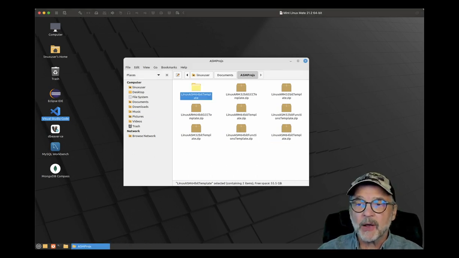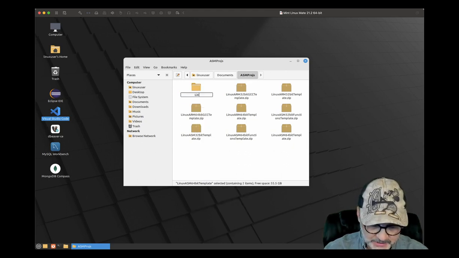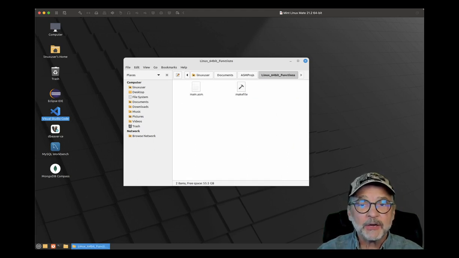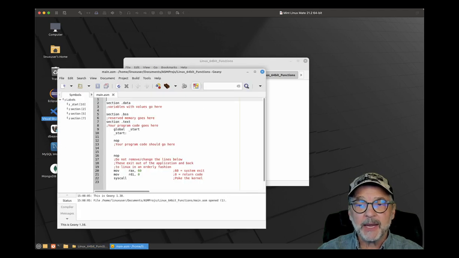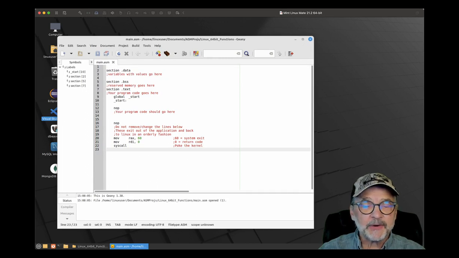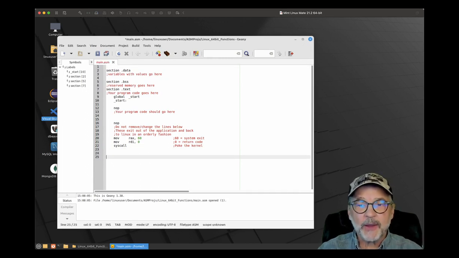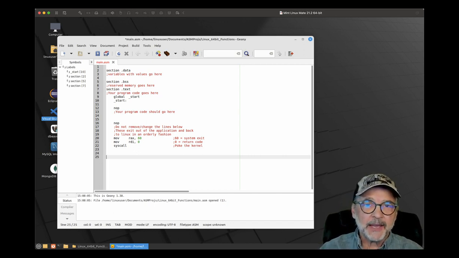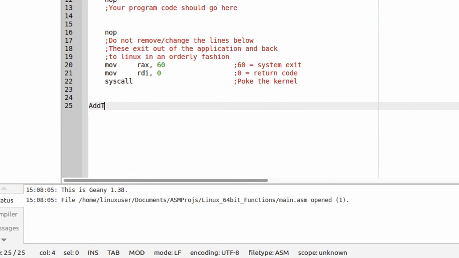So let's go ahead and create a project. I'm going to call this Linux 64-bit functions. And let's create a simple little function. I'm going to open up my main.asm file, make it a little bit bigger here. And down below the very last line of code, I'm going to create a function. Now, the way that you create a function in Linux is that you don't have to create a proc line or an endp line or anything like that. All you do is give the function a name. Just like in Windows, we're going to call this one add2, with a colon at the end. And that's it. And normally you will always return,